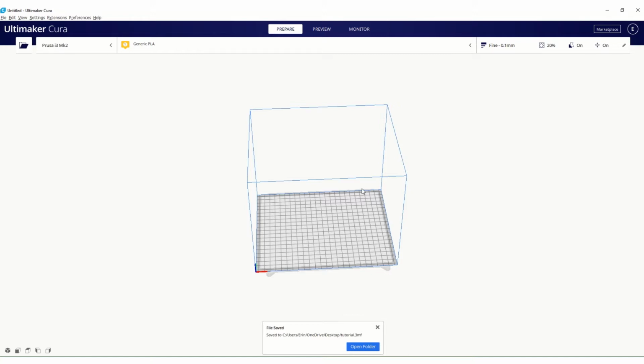So most 3D printing softwares have very similar interfaces. Once you're familiar with one of them, it's easier to use the rest, and Cura is pretty good. So what we're going to do, we already know how to save, so we're actually going to open files. This is what you use to import the STL or OBJ or whatever 3D model you have into Ultimaker Cura. So let's click on that now